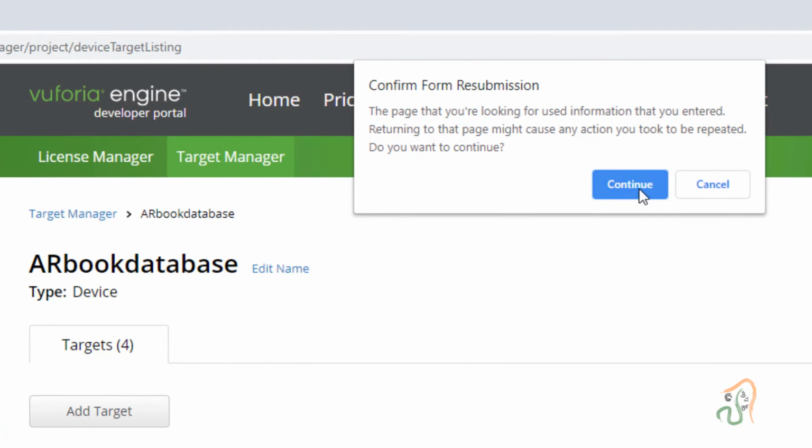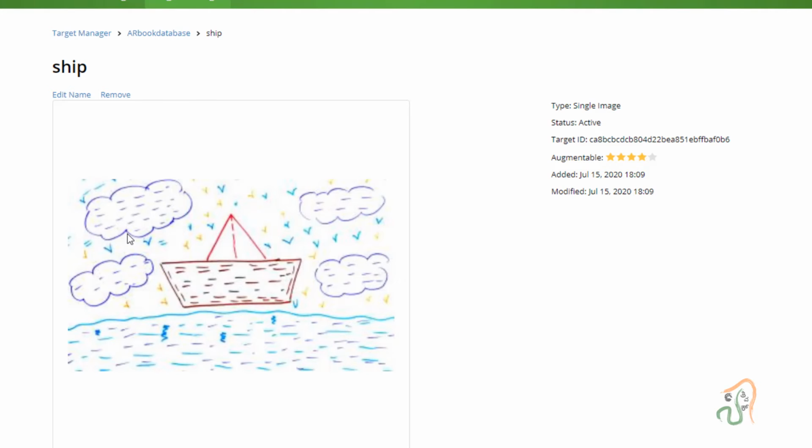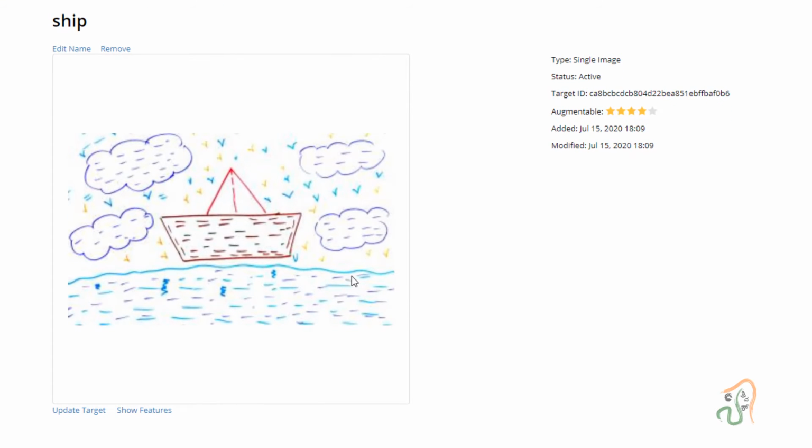Now just refresh it, and you can see even for ship the target value is 4. The rating is a little low but still okay, because there are too many lines here and because of that this image has become very clumsy. It is showing augmentable 4 rating. You click on features to see the features.